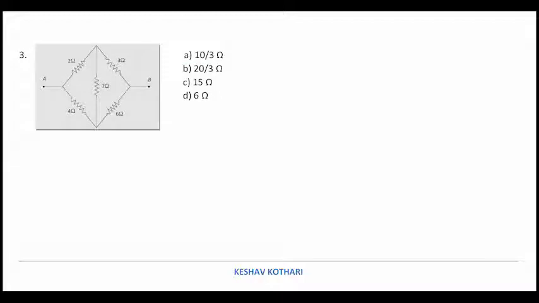Let us move to the next problem. Over here again we have a circuit in which we can see a balanced Wheatstone bridge. The ratio over here is 1:2, and so is the ratio on the other side, 1:2. So I can remove the 7 ohm resistor in between. From here, RS1 is equal to 5 ohm and RS2 is equal to 10 ohm. The effective resistance is R1 R2 upon R1 plus R2, which is equal to 10 by 3 ohm. So for this problem, 10 by 3 ohm is the correct alternative.